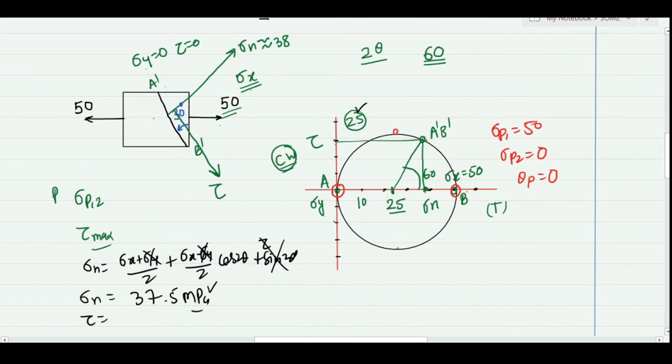What about the maximum shear stress? This top point and this bottom point correspond to the maximum shear value. And this line represents the position of the maximum shear stress plane. Here we can see that this angle is 90 degrees, that means in the actual system it will be 45. So a plane which is at 45 degrees from this vertical line represents the maximum shear stress plane. And the magnitude of maximum shear stress we can find on our graph paper.